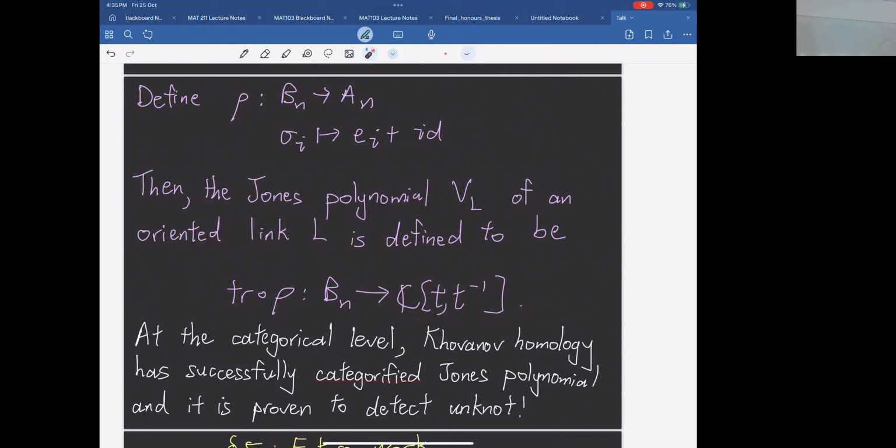but Jones's polynomial, not sure. If you have the same Jones polynomial as the unknot, it's not sure whether you are the unknot. It's not proven, and no counterexample is given. Okay, both are unanswered, so there's some room to work there, right? But at the categorical level, it's proven. Once you have the same Khovanov homology as the unknot, then you are the unknot. So it might seem that topology is easier to work with, but actually this higher structure or more abstract maps can prove things more easily than what you can work on directly.